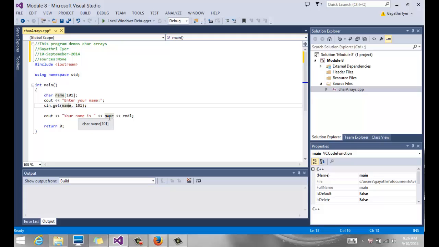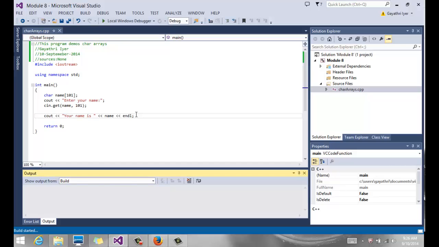Again, you can do aggregate output, unlike integer arrays where you go through a for loop and you have to manipulate one item at a time. Whereas in a character array, you can output it all at one time. So we're not going through a for loop. So if you build this and run,